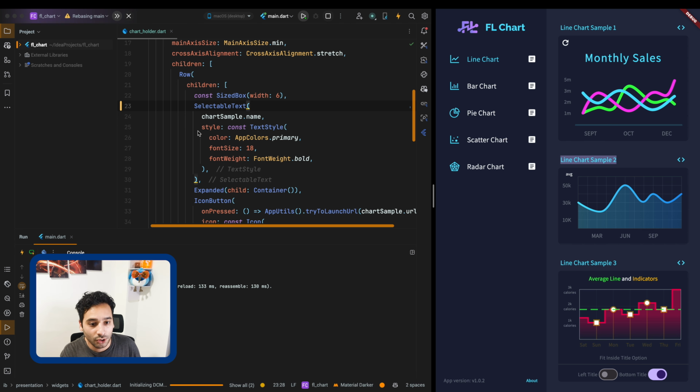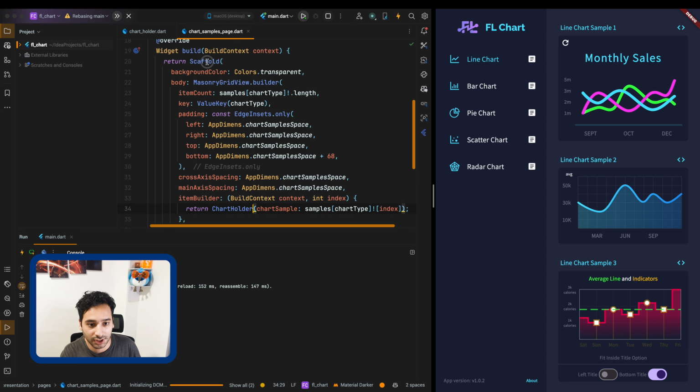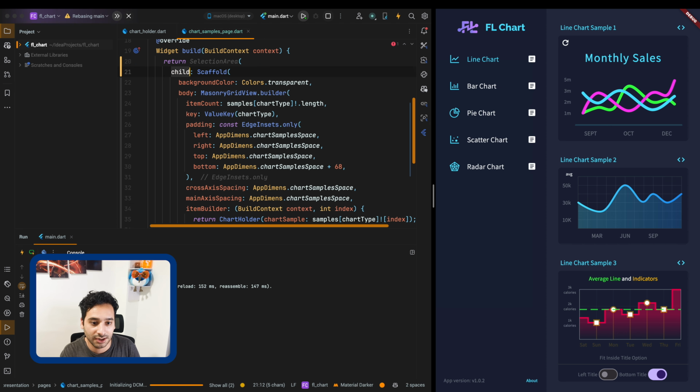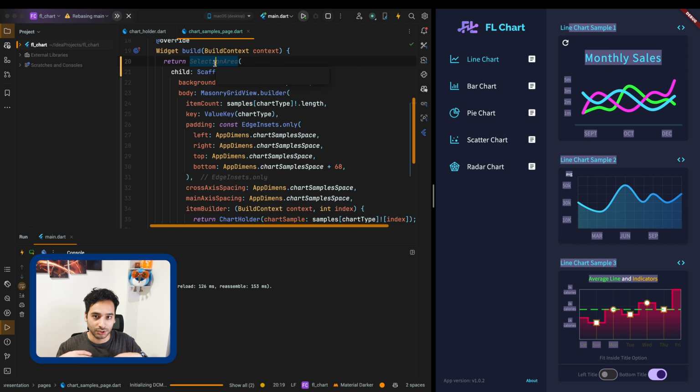Or, let me revert it back to this one, and we have chart holder. Here we can wrap it with a selection area, and now all the texts inside the page are selectable. You can wrap your widget tree using the selection area and have the selectable text, and then you can copy your selected text.